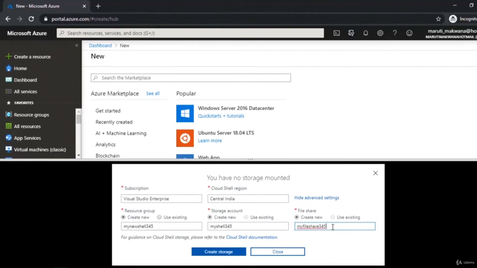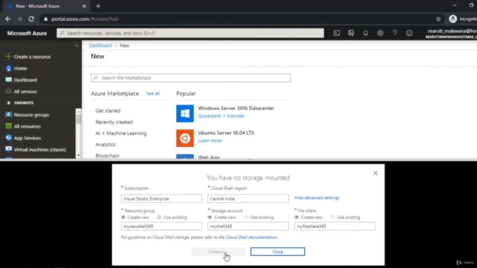I'm using this number just to keep uniqueness, because there are chances that sometimes when you create a new account and new resources in this account, you will have conflicts because somebody has already created things with the same names. So I always advise you to put your name or some unique number with that to remove this conflict.